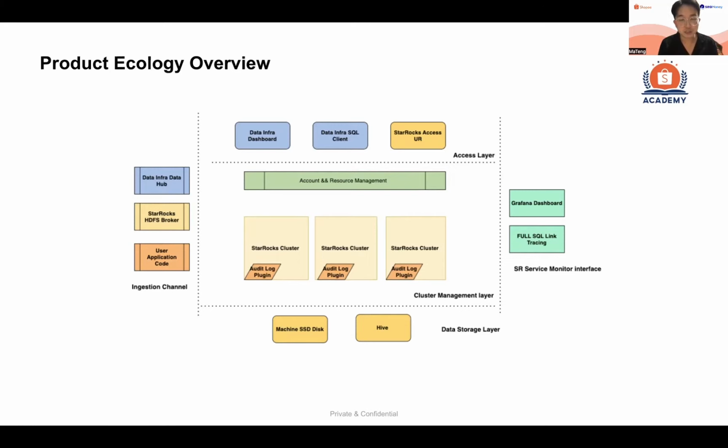For ingestion, we have 3 ingestion channels. The first one is our data integration product, which is called Data Hub. Currently, Data Hub supports Hive to StarRocks, and we also deploy the StarRocks HDFS broker for batch load. We also export the HTTP port and TCP port to the users, so users can use streaming or a Spark connector